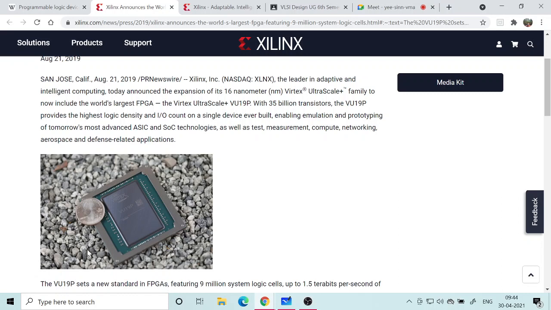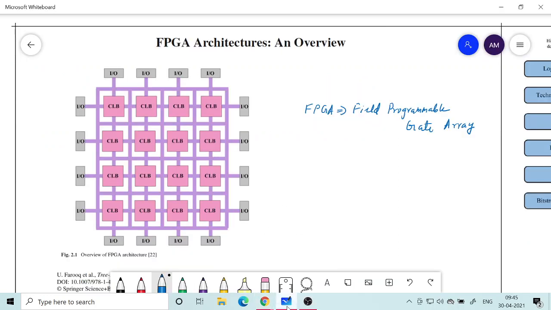So it's a huge number of components inside, and it has high capability. That's why I said you can even have a processor, but of course you won't be able to make an i9 processor inside this, because whatever design you want to implement inside an FPGA chip has to be configured. For helping the configuration, you need a lot of overhead transistors and other hardware that we will look at today. Okay, so that's what we are talking about.